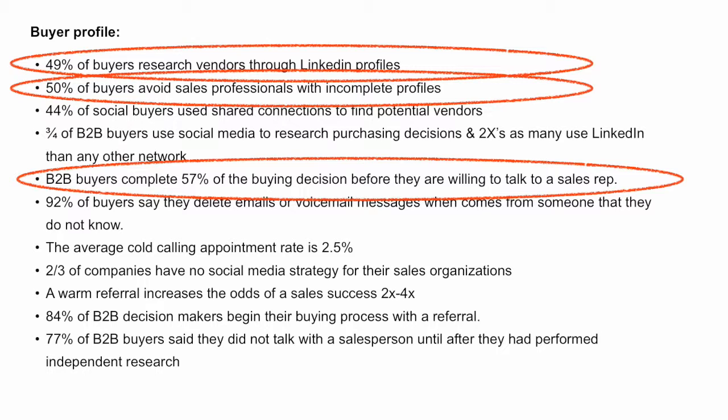In fact, Google put out a report a few years ago called the Zero Moment of Truth, or ZMOT. In it, they say that a buyer will hit at least 10 different websites before they engage with a salesperson. So once again, it goes back to making sure that you have a complete profile so that people can find you online, because the people making these buying decisions are already educating themselves